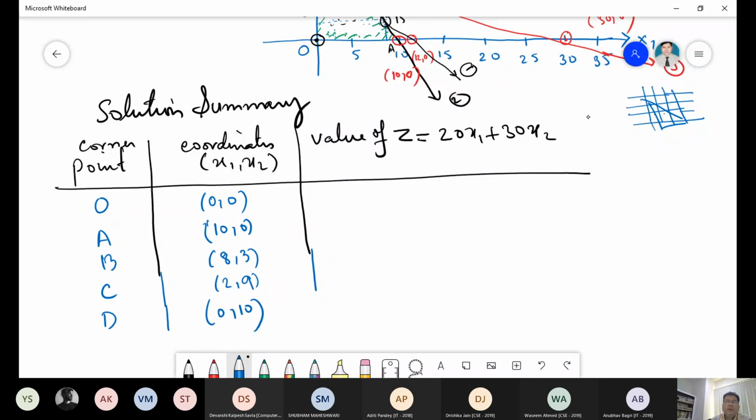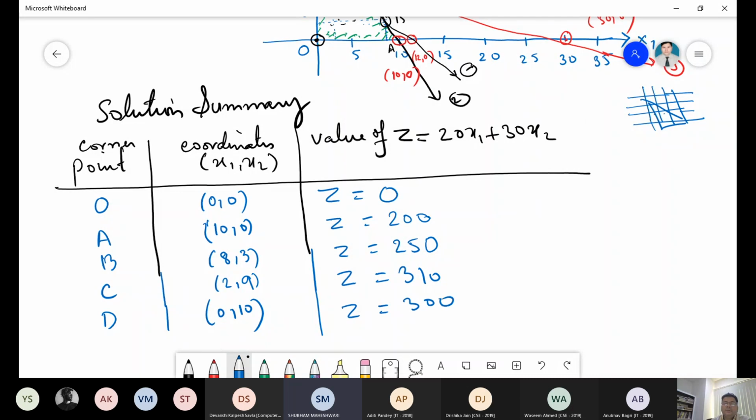Now what is the value of z here? This is 0, at this z, what is the value? 200. At this one, z equals how much will it come to? 8 2s are 160 and 3 3s are 90, so 250? Check. Is it correct? You put the value. Yes sir, 250 sir. Okay, now what is the value here, this is 40 and 9, 310. Check. Yes sir, 310 came.